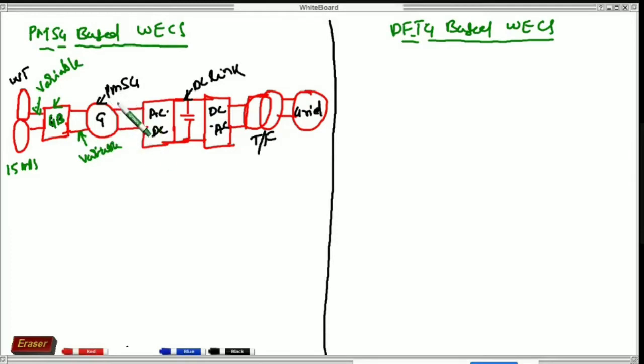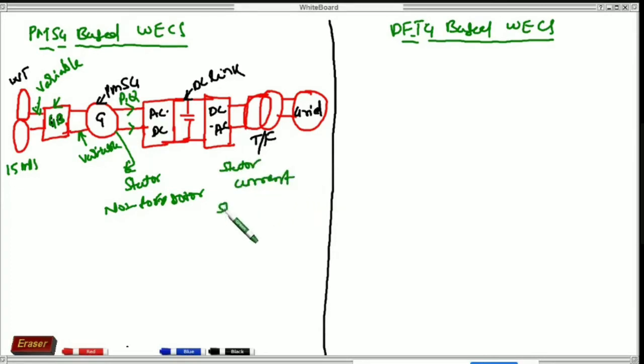So PMSG generators will give power only from the stator side, not for the rotor side. So the power is flowing like this. That is whatever the power generated, active and reactive power, or stator current or stator voltage.